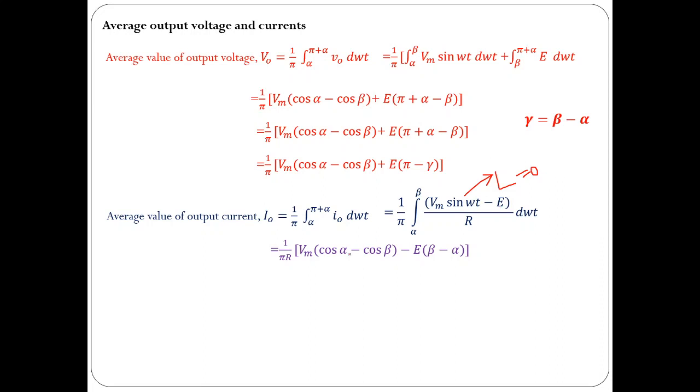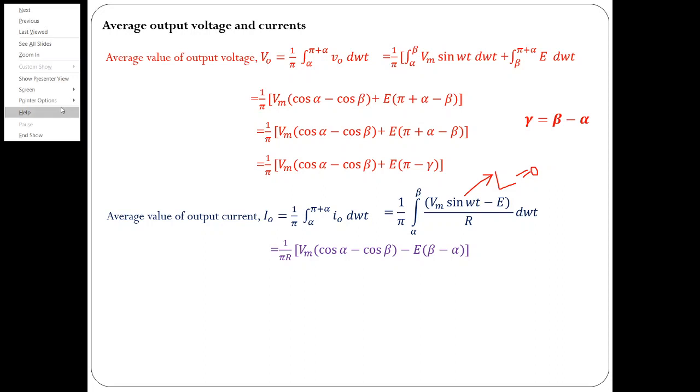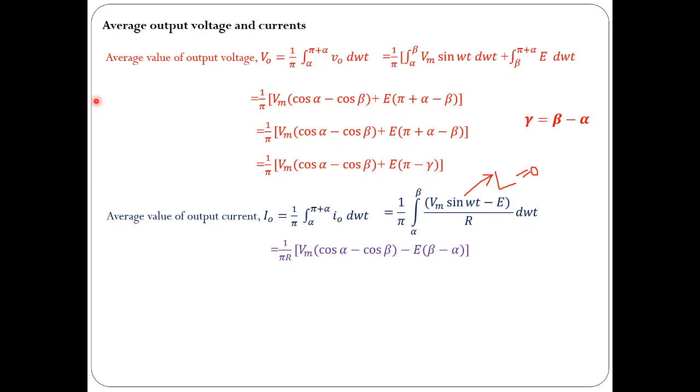So you will get this kind of mathematical expression. Of course, even by considering L equal to 0, we are not making any great mistake, and you will get the same value for the average value of output current. Maybe RMS values are going to be different, but for the average value you will get the same mathematical expression. So this is the mathematical expression for output current, and even with L not equal to 0, you will get the same expression.